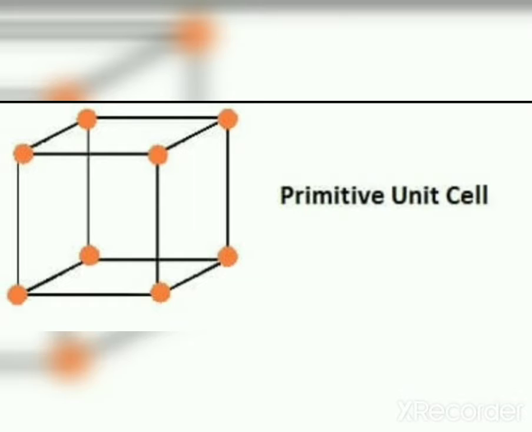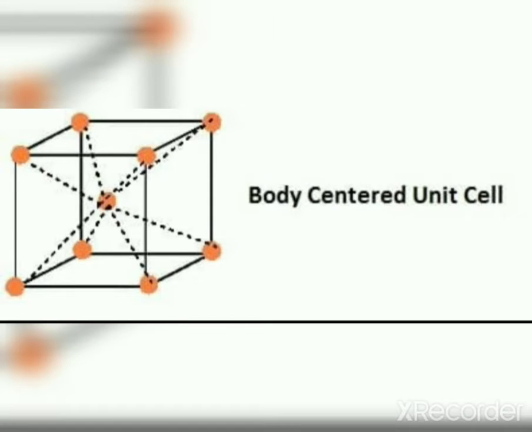There are two types of unit cells, primitive unit cell and centered unit cell. In a primitive unit cell, the constituent particles are present only at the corners of a unit cell. Centered unit cell: when the constituent particles are present at positions other than corners, in addition to those present at corners, it is called a centered unit cell. It means the particles will be present at the corners. Along with that, the particle will also be present at some other position of the unit cell. Centered unit cells are of three types: body-centered, face-centered and end-centered.